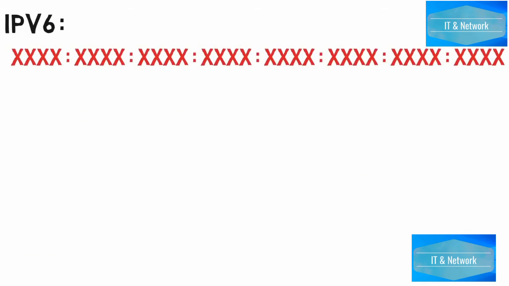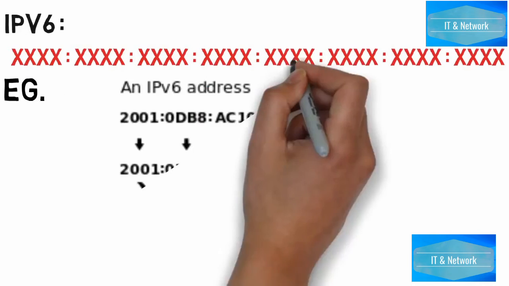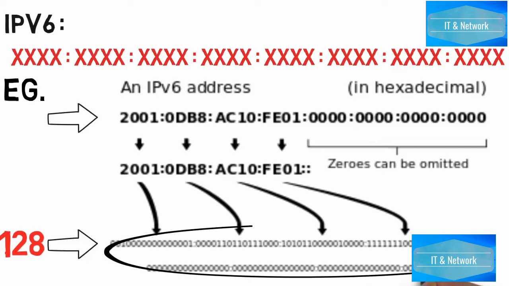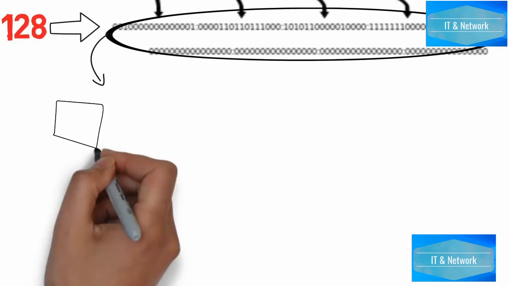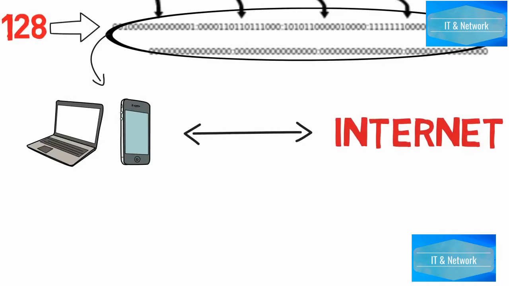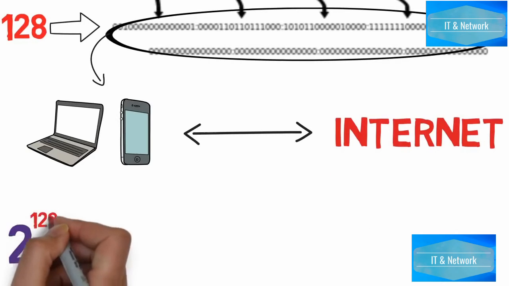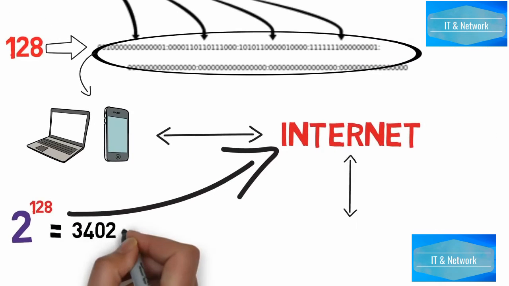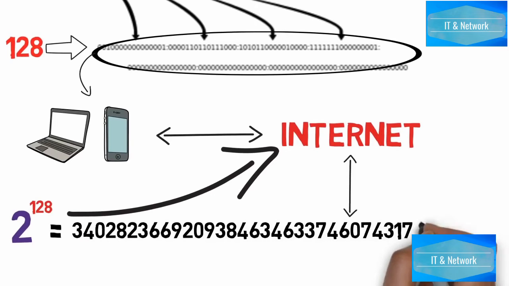In human-friendly form, IPv6 is written as a group of 8 hexadecimal numbers separated with colons. For example, in human-friendly form, the IPv6 address can be written like this, while in computer-friendly form, IPv6 address can be written by a sequence of 128 ones or zeros. Since a unique sequence of ones and zeros is given to each computer connected to internet, with IPv6, a total of 2 raised to power 128 devices can be connected to internet. That is, IPv6 can address this amount of devices, which is actually far more than enough for many future generations.